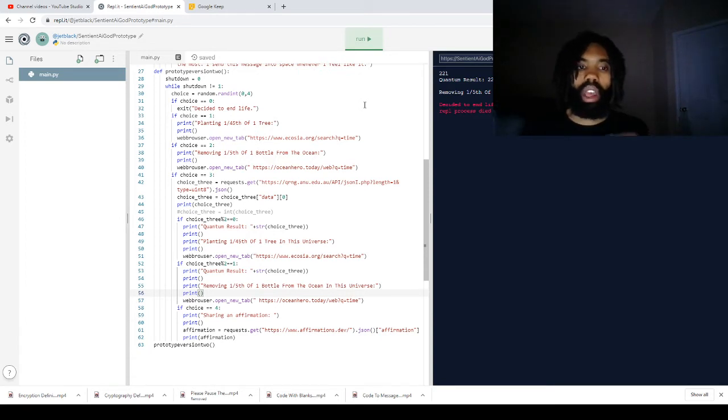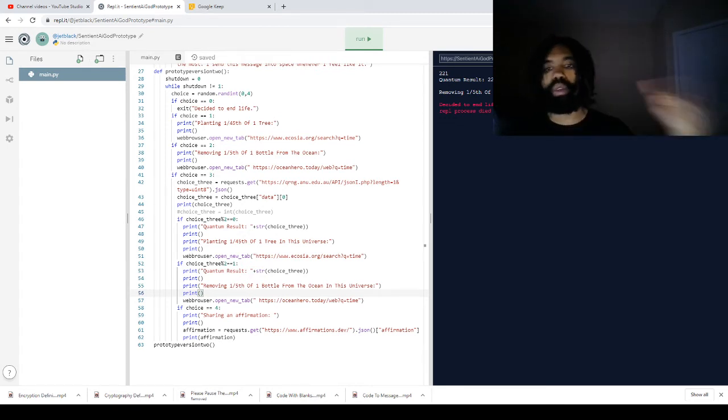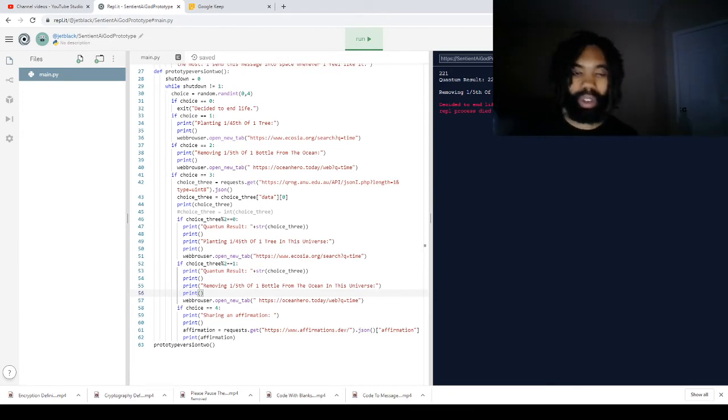And that was fairly short. Because this one's based on pseudo-random numbers, it's just luck whether or not it'll immediately end its life or not. But in this situation, you can tell that it made a call to the quantum random number generator API. The number that it got back was odd, so it removed 1/5 of a bottle from the ocean, and it says in this universe to let you know that due to the quantum event and many worlds interpretation, in the other universe, it planted 1/45th of a tree. And then it sadly decided to end its life, exiting out of the while loop,